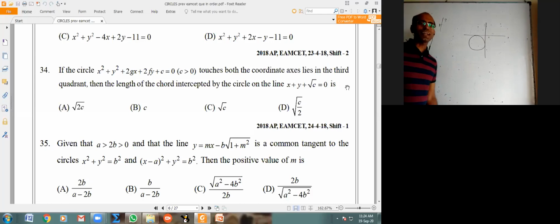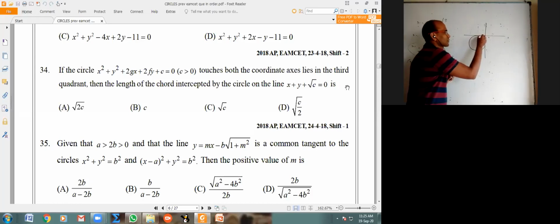Anyway, the length of tangent from the origin is the same for all of them. Because for the origin, when you apply root S11, what will come? Constant. So for all of them, the circle may be bigger or smaller, they may be changing, but the length of tangent from origin will not change.